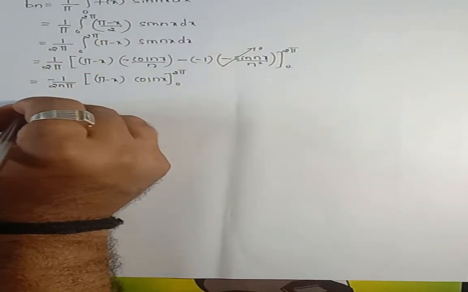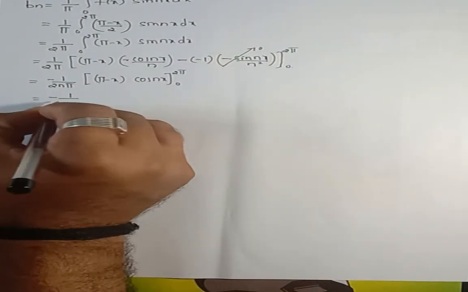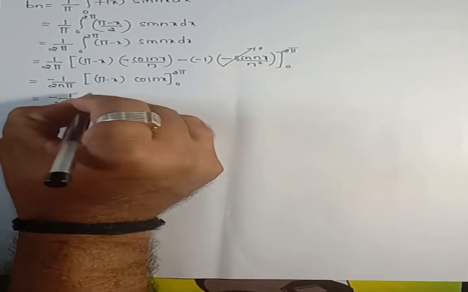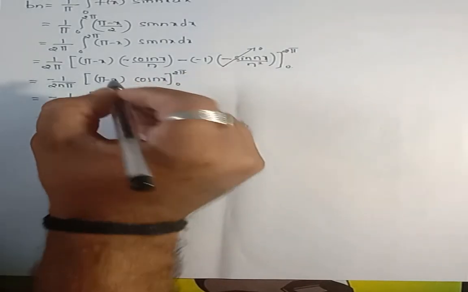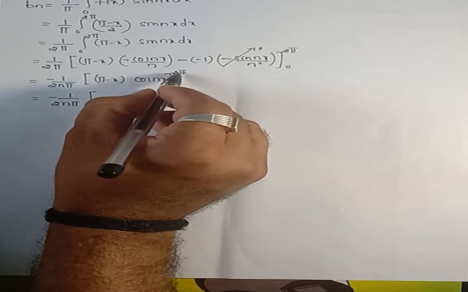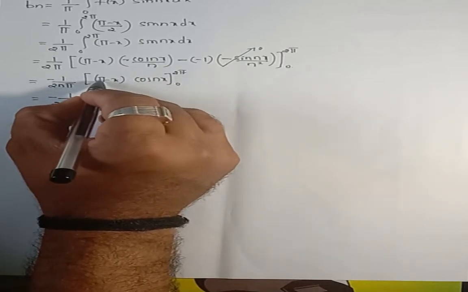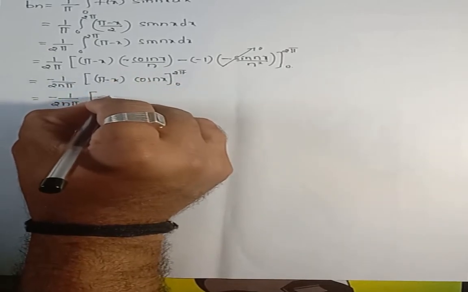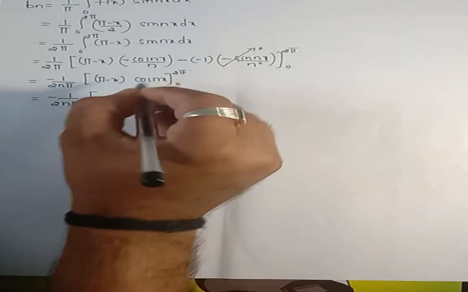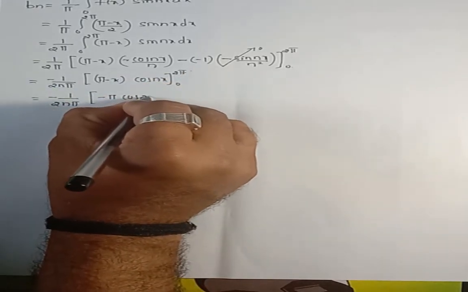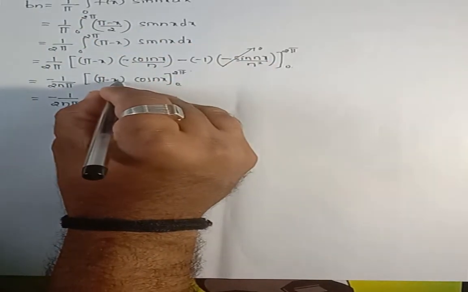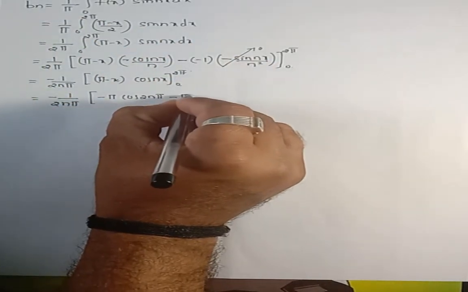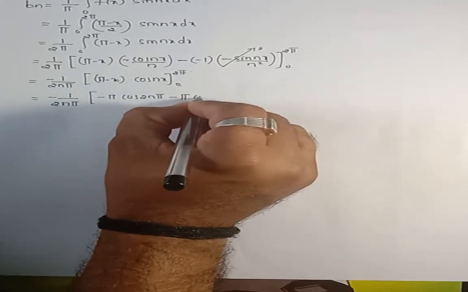Now apply minus 1 divided by 2n pi as it is, apply the upper limit, pi minus 2 pi, minus pi, it becomes cos 2n pi, keep it as it is, then minus, when you apply 0 only pi remains, pi, when you apply cos 0 it becomes